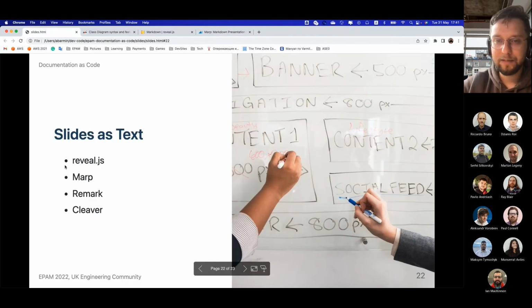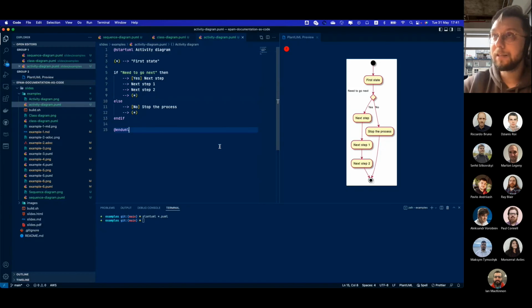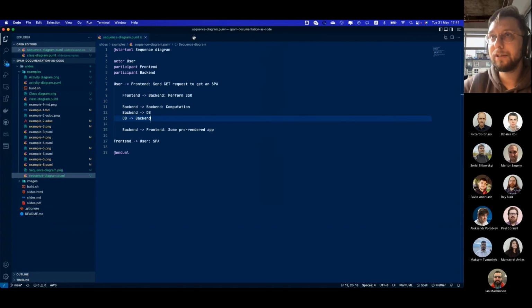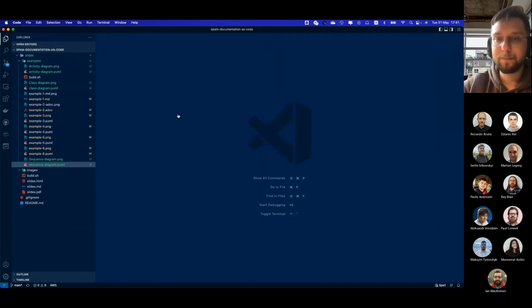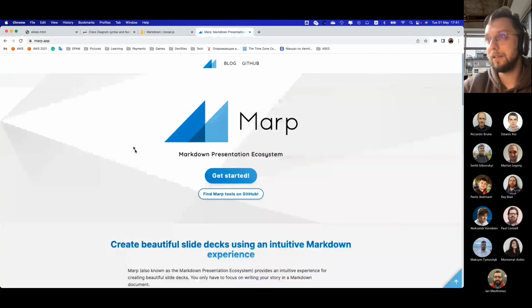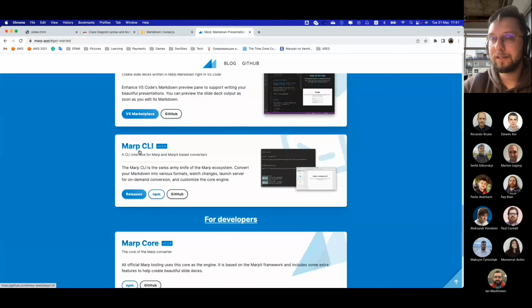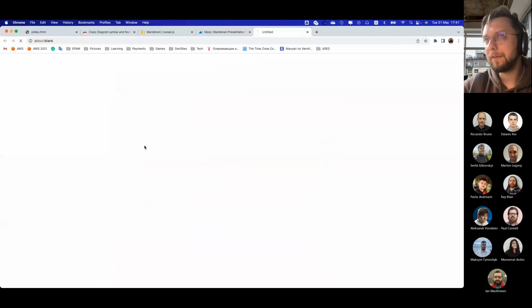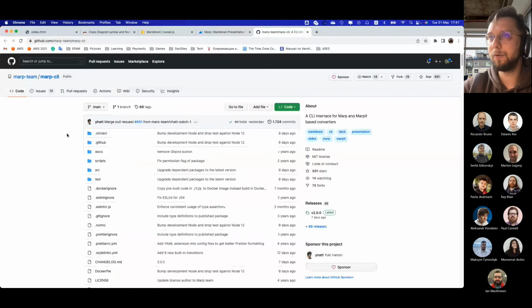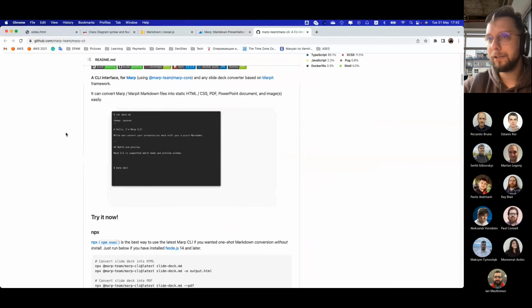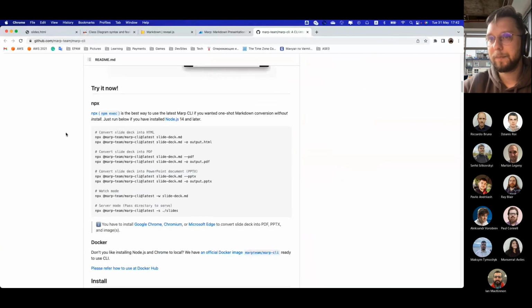This is actually slides I've got from Marp. Let me show how it works. In order to use Marp, what you need to do is, of course, install Marp first. If you'd like to install the CLI, it may be very useful for you. Just go here and follow the instructions. So literally what you need to have is Node.js. And next,